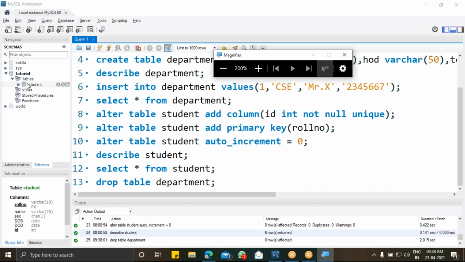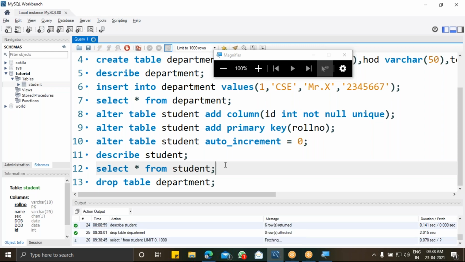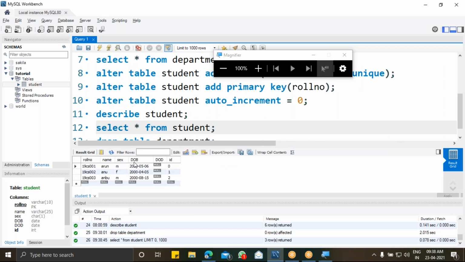Similarly, before that I want to show the truncate example. Truncate is nothing but it will erase all the data and leave the table in its initial state. For that I can show the student table. The student table has some fields and some data in it, with two to three roll numbers, name, person, date of birth and ID.